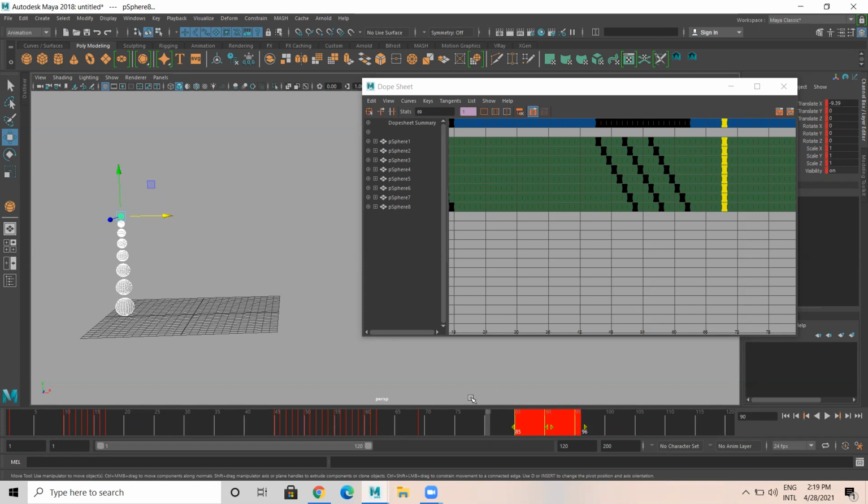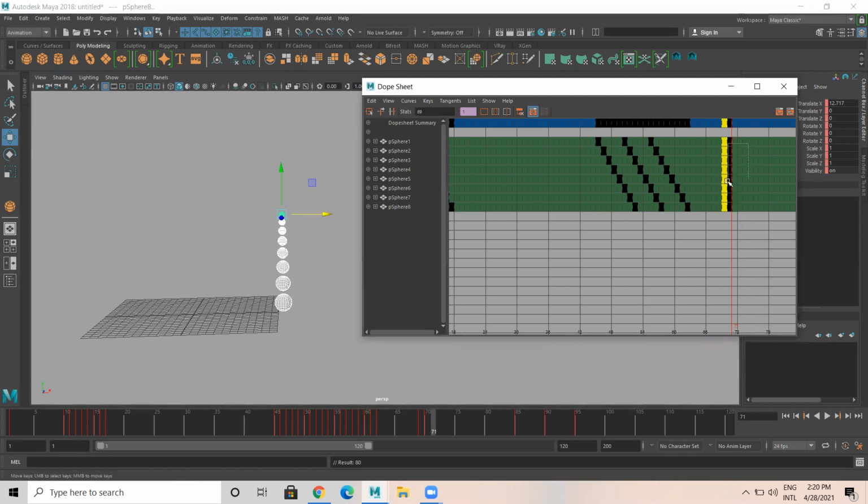Okay. So now what I'll do, I'll come to till 70. So till 70, all these are up to here. So after 70, I middle click at this particular part and drag. I give a key here, one set key here. See this one.